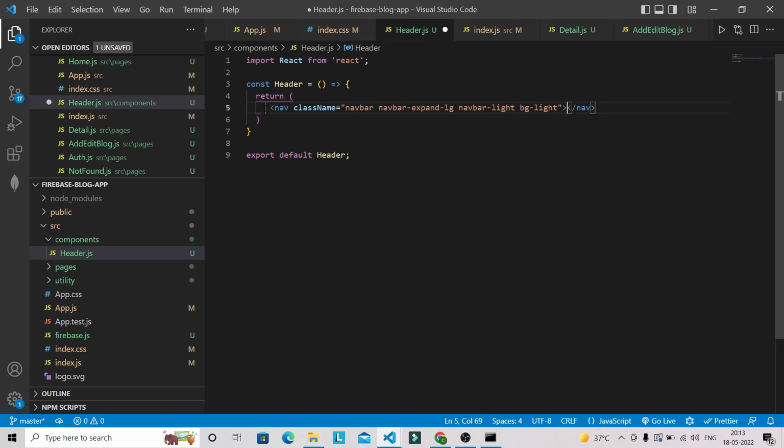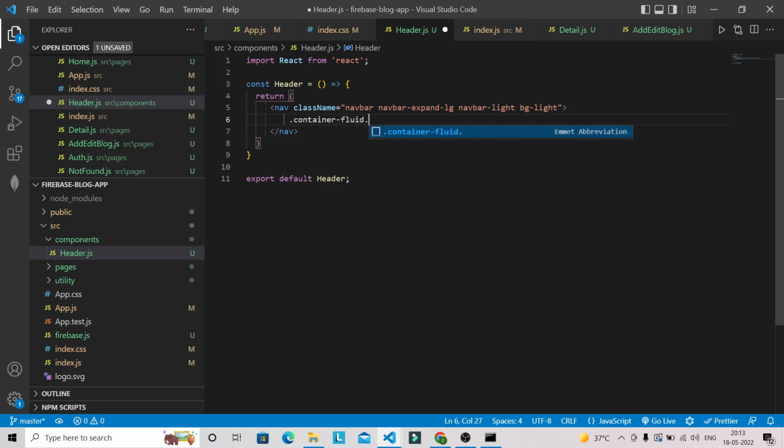Okay, now inside this nav we are going to have div with the class name container-fluid bg-faded,